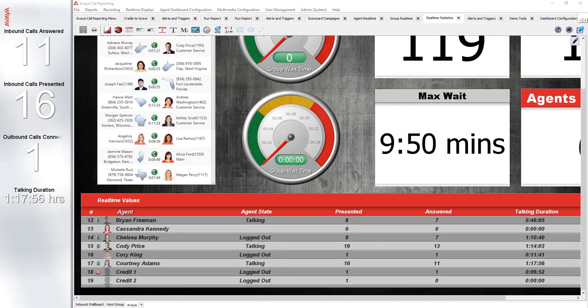Okay, so there's Courtney Adams. She's on a phone call, but as soon as she hangs up, it switches from talking state. Oh yeah, there's that Do Not Disturb reason code. Paperwork, and that's going to be reportable. The agents can monitor that as well